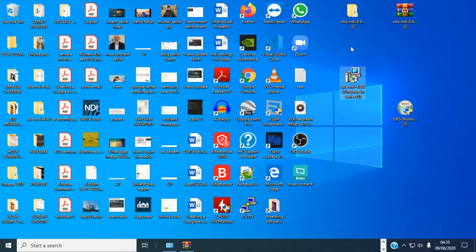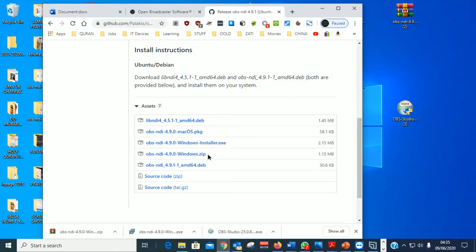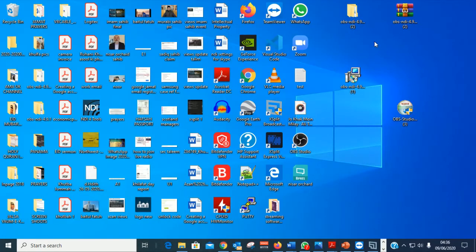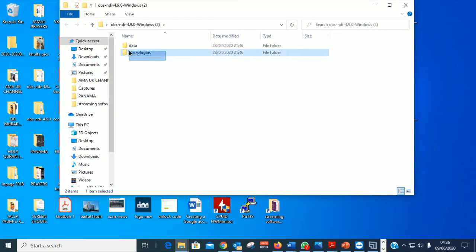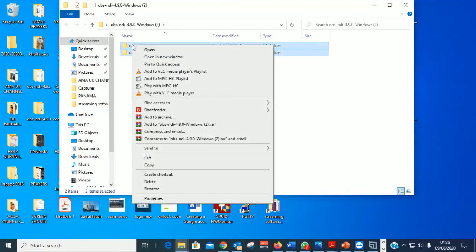Okay. Now do you remember them? Remember the folder we unzipped? Let me go back and show you again. This file, we downloaded the zip file, and if you unzip it, it will give you two folders. So you need to select all, right click,